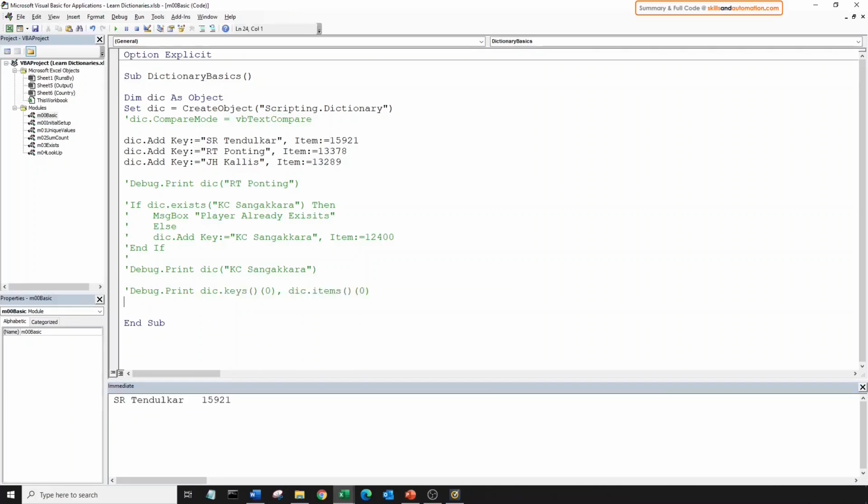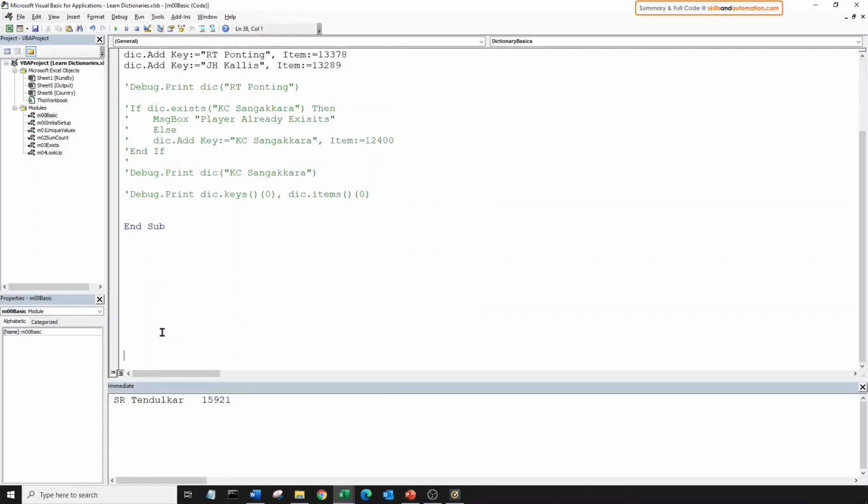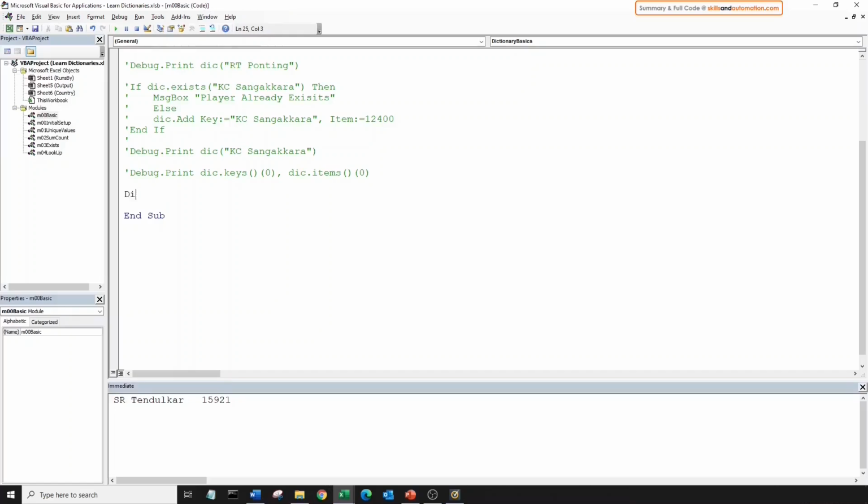Great. And the second thing to remember is that in order to retrieve all the data from the dictionary, we need to loop over it. The loop will start from the first index, which is 0, to the last index, which is the count of all the key item pairs in the dictionary minus 1. Let's make some space here. Let's create a loop.